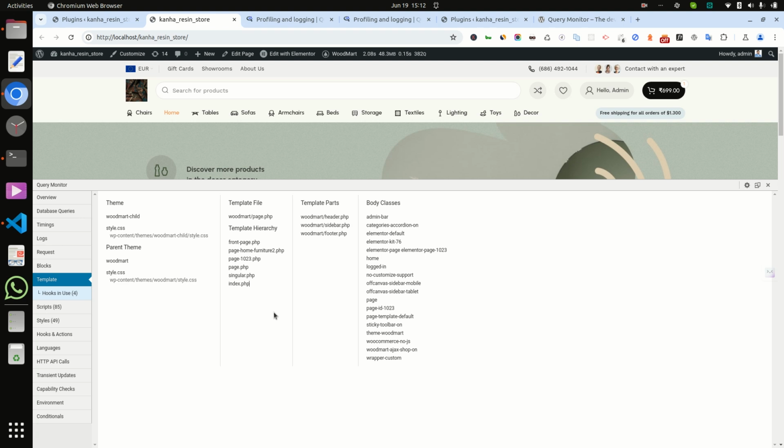And also template parts boomart header.php, boomart sidebar, boomart footer. And if you want to check the body class, then these are the body classes which are used inside it.